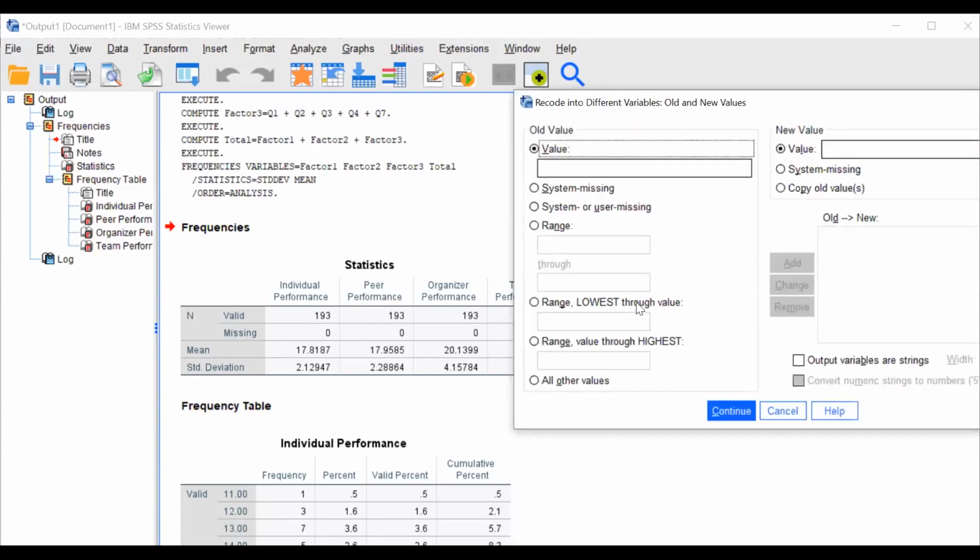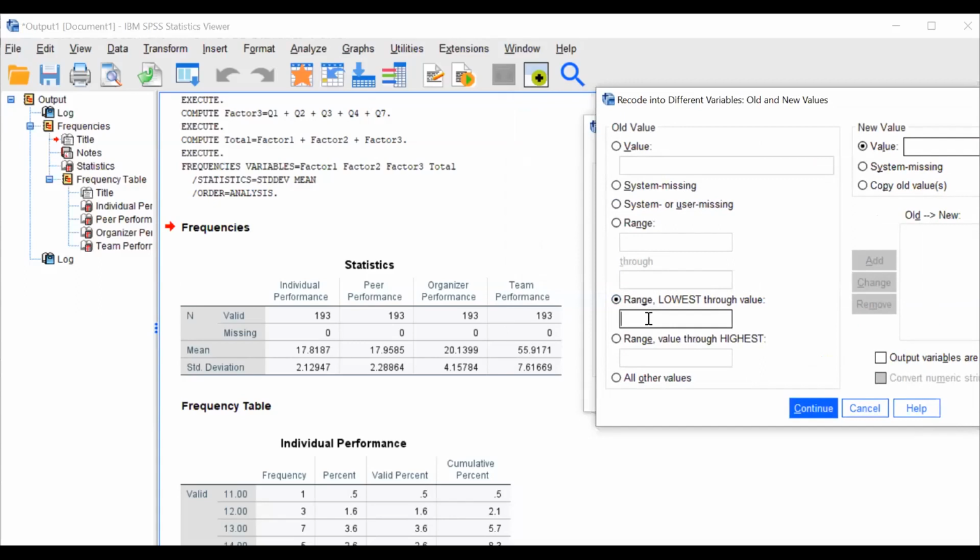Now I am going to check the lowest range. Ma'am, this is the mean value, and this is the standard deviation value. So you have to subtract the standard deviation value from the mean value: 55.91 minus 7.61. Here I am using the calculator for this purpose.